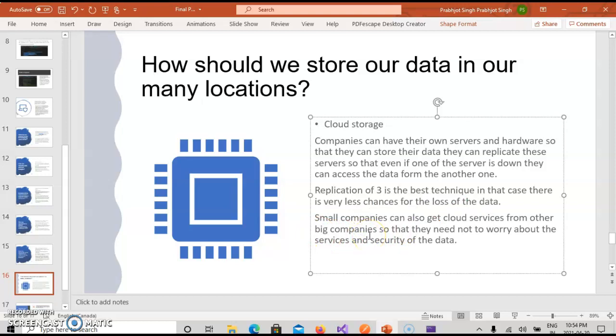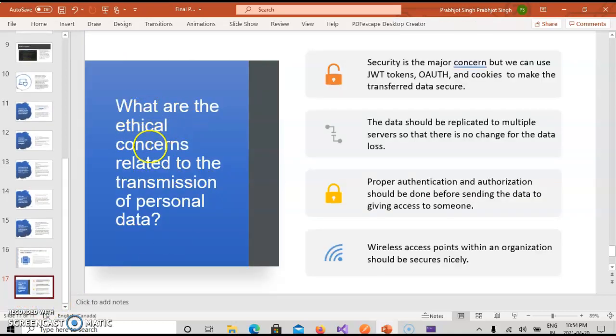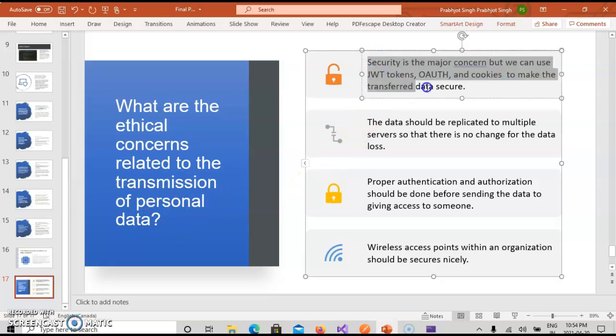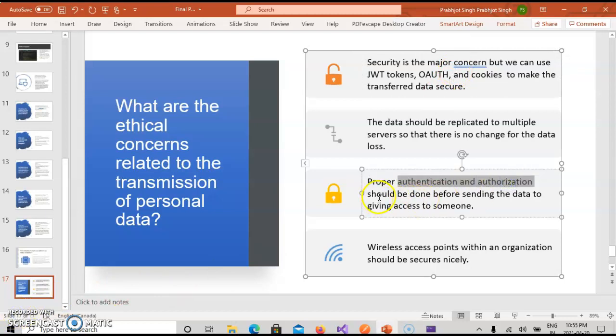And the next question was, what are the ethical concerns related to the transmission of personal data? The ethical concern should be that the authentication should be matched, which is important. Authentication and authorization are the two main concerns before transmitting any data to a server or any client.